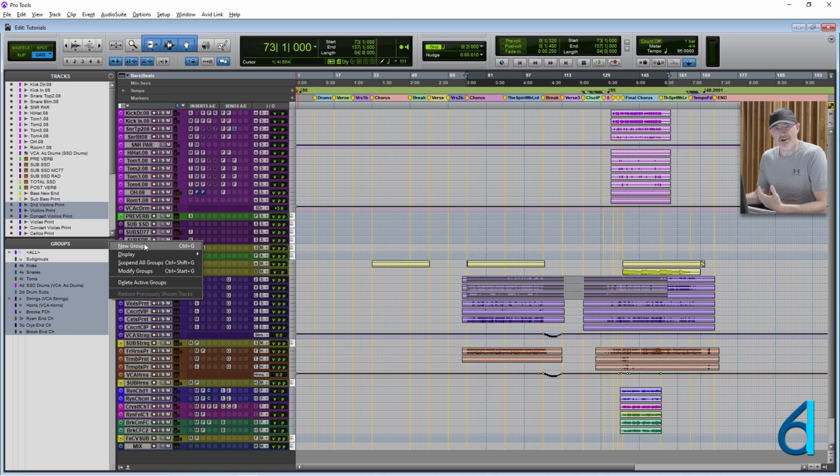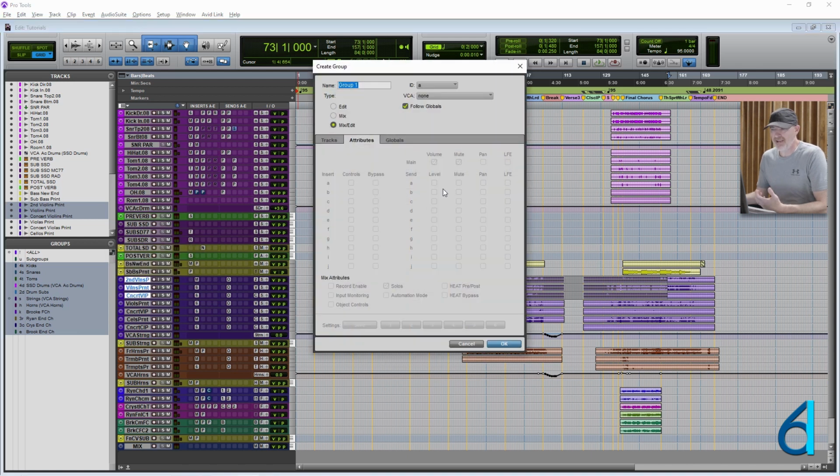So Control-G on Windows or Command-G on a Mac opens the Create Group dialog box. Now, the thing about creating a new group in Pro Tools, and by default, this happens a lot, is that this Follow Globals box is checked. And we're going to talk through that and how kind of dangerous that can be if you get in the habit of doing Follow Globals with everything. And so I'll explain that in just a moment, but this whole window is grayed out because Follow Globals is checked in this example. And so the first thing we're going to do is give our group a name,